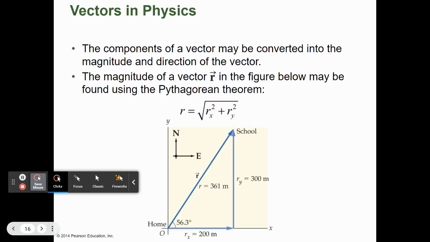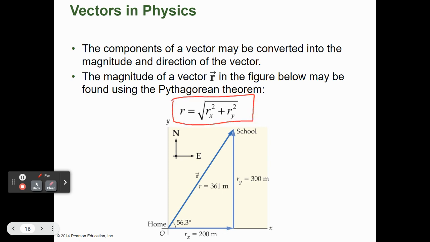The components of a vector may be converted into magnitude and direction of the vector. So the magnitude of the vector r in the figure is found using Pythagorean theorem. What we're going to do now is just go backwards. We were given the resultant and we broke it up into its two components. Now we're given the two components, and you've got to use that to find the resultant. And remember that we do that using Pythagorean theorem,